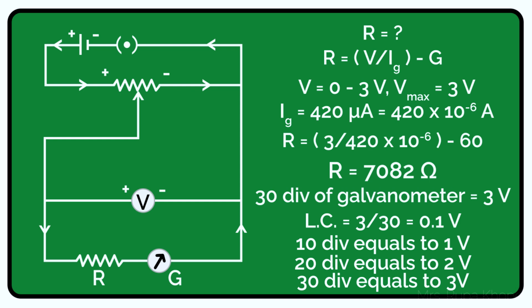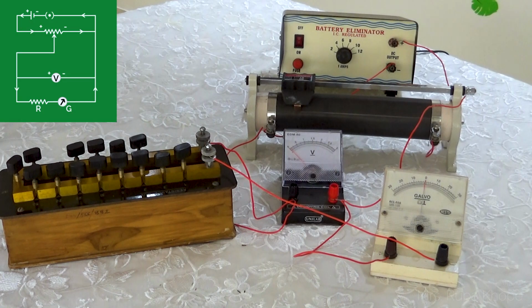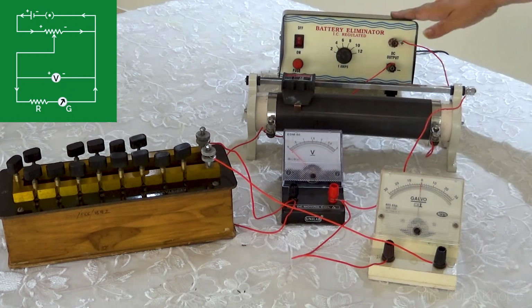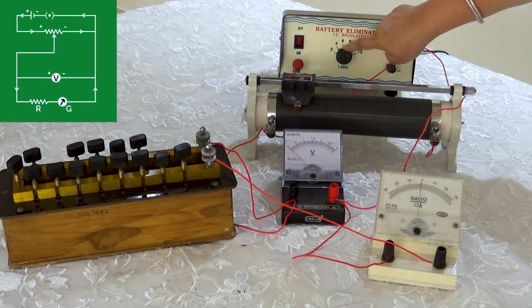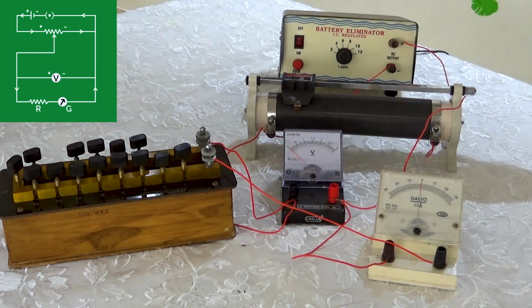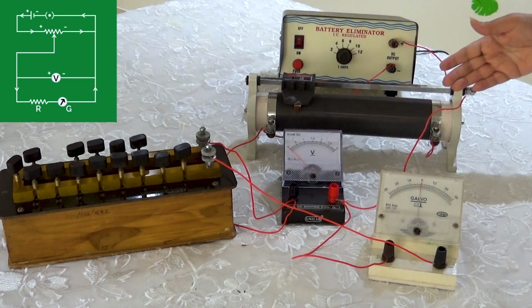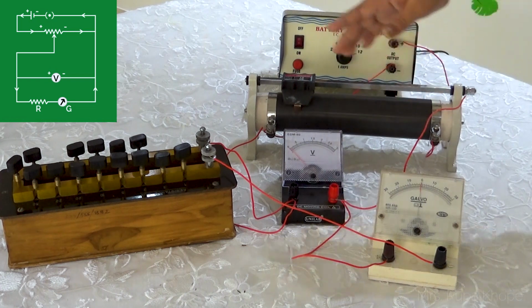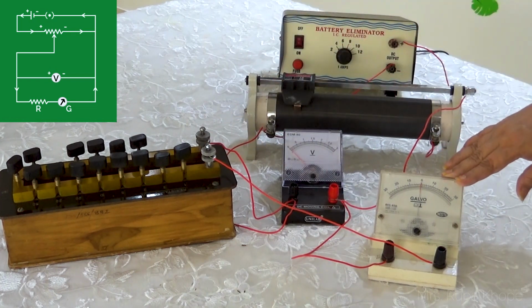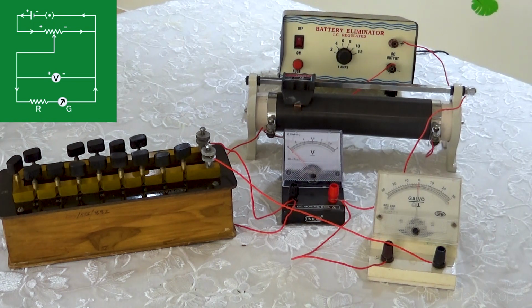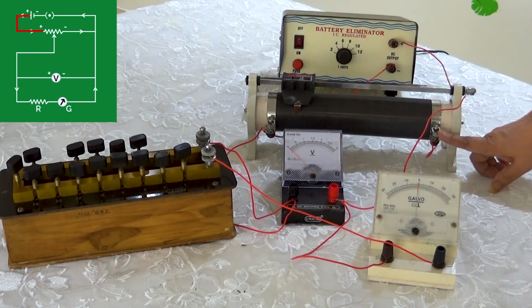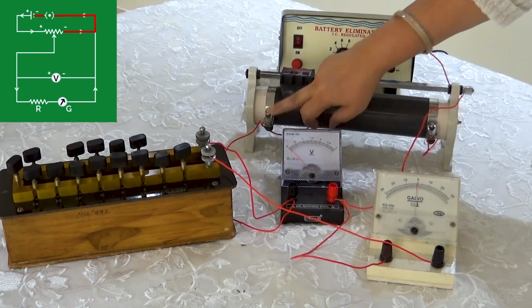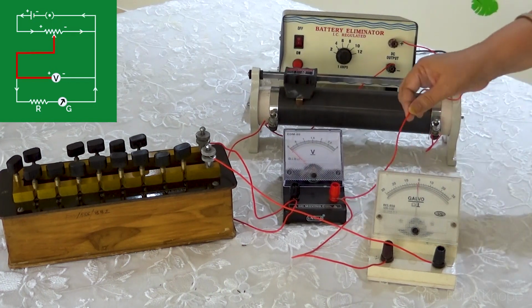Let's start with the experiment with connections. Look at the circuit diagram. So, we have a galvanometer here. We'll start with the battery eliminator. We have to see that it is on 4 volts. There is the rheostat here, a voltmeter, a resistance box and a galvanometer. So the connections are as follows. The positive of this eliminator comes to one of the fixed terminals of the rheostat. The negative of the eliminator goes to the second one, and the third one goes to the voltmeter.